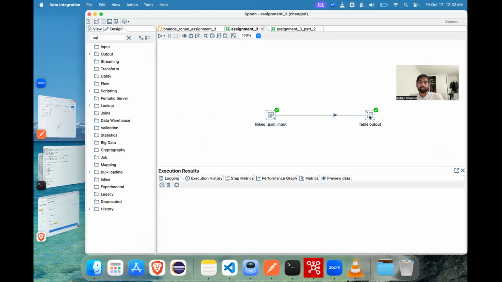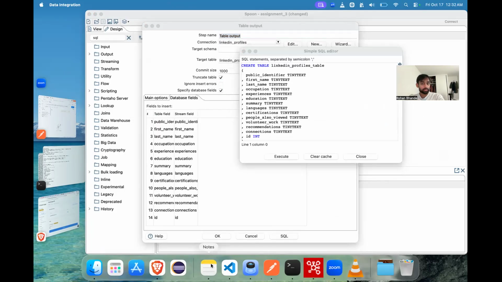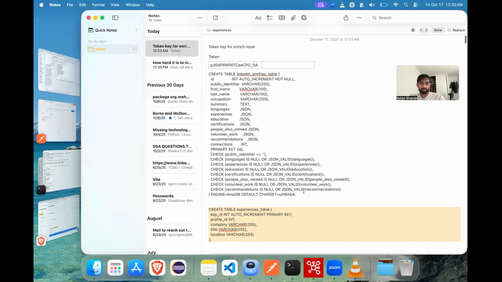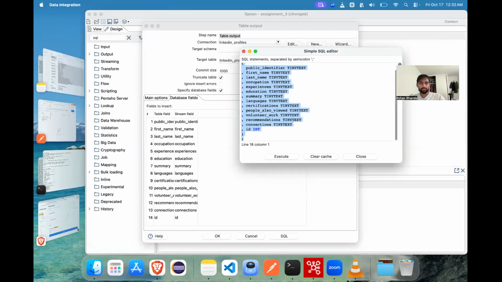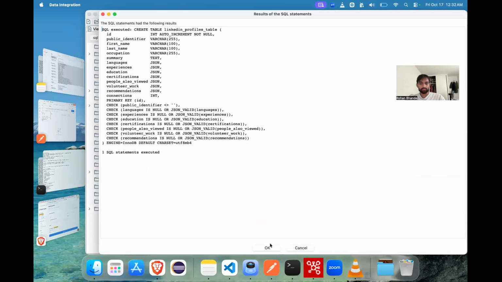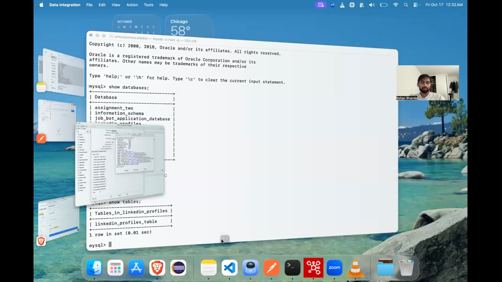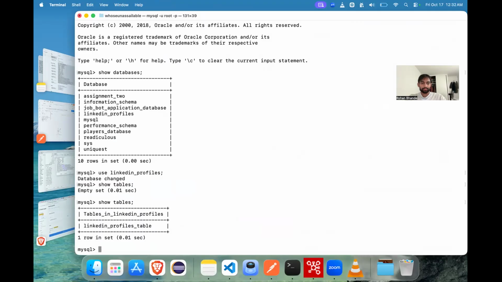Okay. And this is our table output. Right now you can see these are the fields over there. The query that we are going to use is not this one. The one we are going to use is this one. Cool. If I do this and execute it, it should work, right? Now we get the first table. Let's see if it's there. It is there, right? And if I describe it,